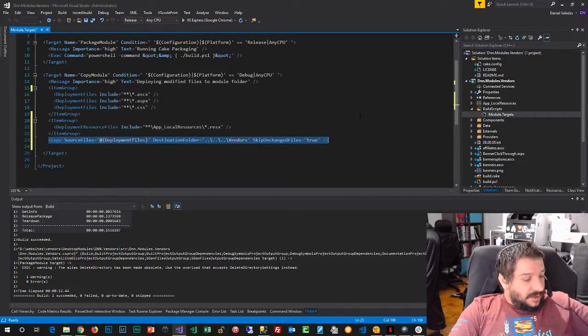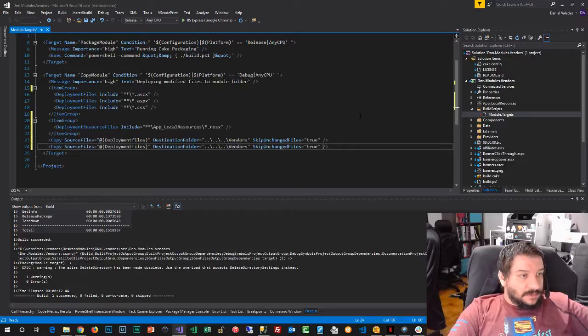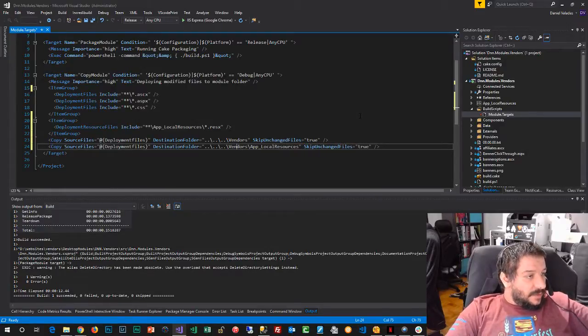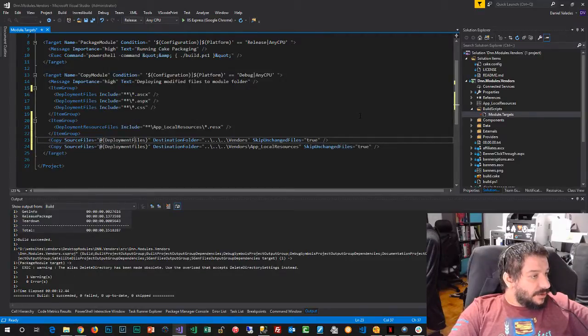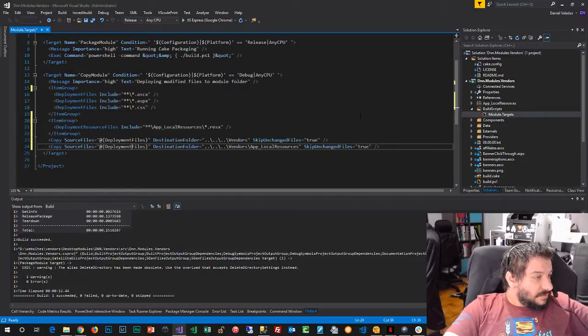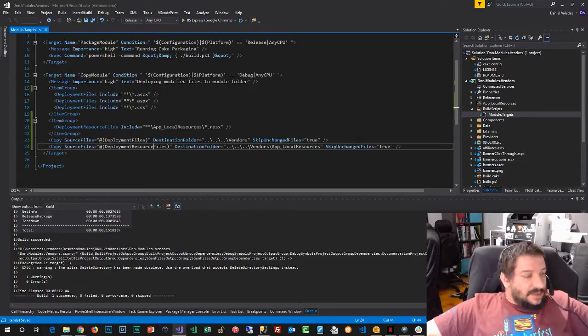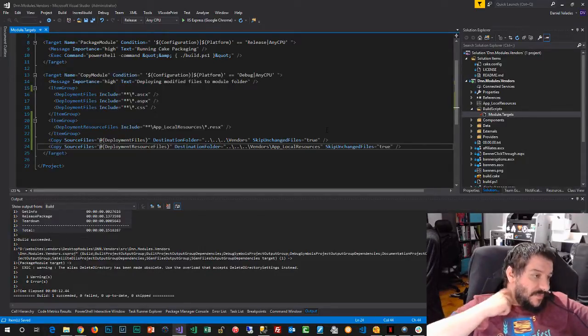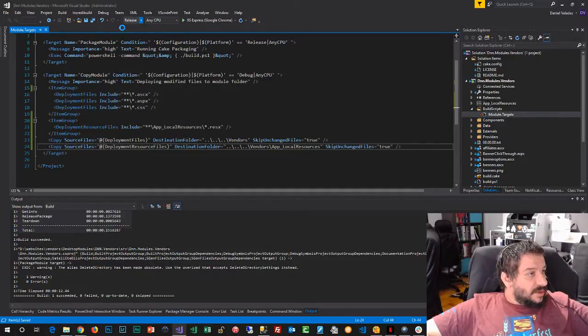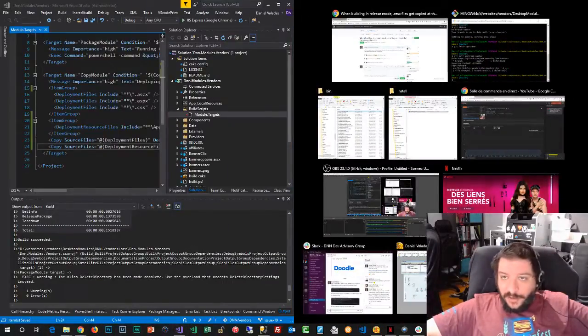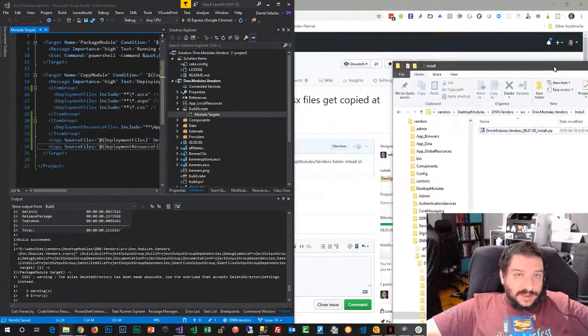and I'm gonna copy this over here, and I'm gonna change this to app local resources, and I'm gonna change this for, oh, actually I have a casing issue here, and deployment resource files. I think it's not case sensitive, but this should happen in debug mode, and let me put this like half screen, and let's put this on the other half,